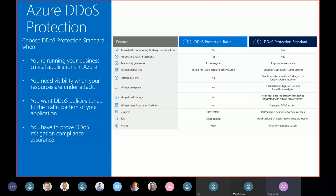Now, here's a side-by-side comparison with DDoS Protection Basic, which is the infrastructure protection that's always enabled, always on by default. So anytime you deploy a resource in Azure, Azure provides infrastructure level protection against the DDoS attack for those resources. DDoS Protection Standard is that you enable on the virtual network to get application specific protection against the volumetric and